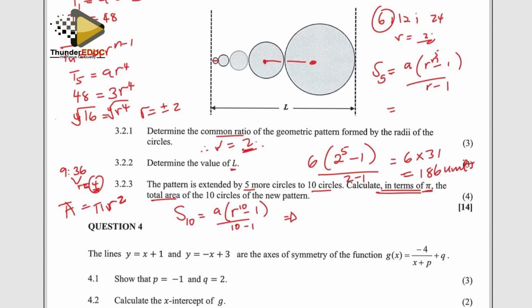Let me do the substitution. So our first area is going to be pi with a 9, so it's 9 pi, into the R we said is 4 to the 10 minus 1 over 9, because it's 10 minus 1 to 9. So this 9 cancels that. I have 4 to the 10. It's quite a big number. And then when I subtract 1, I'm getting